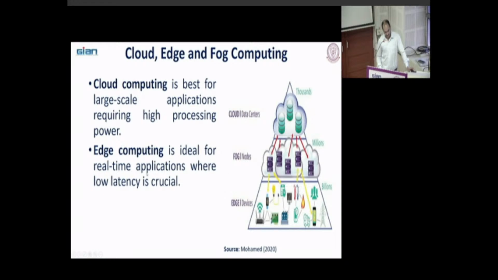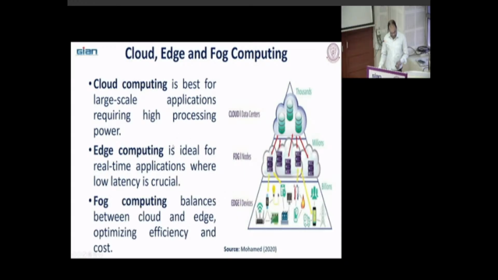Edge computing is ideal for real-time applications where low latency is crucial. You don't want any delay in executing your command and analyzing that data. So that's why edge computing. Then fog computing balances between the cloud and edge, optimizing efficiency and cost. So that's your fog computing.